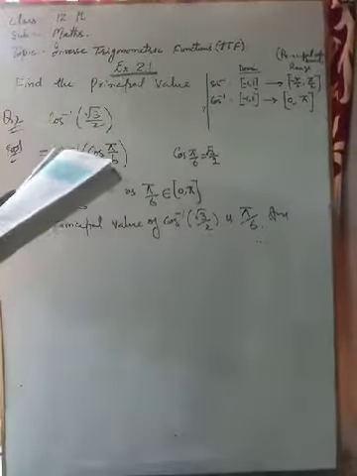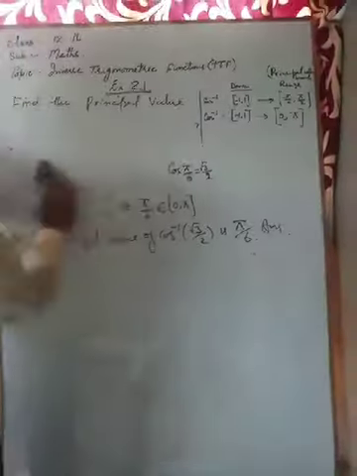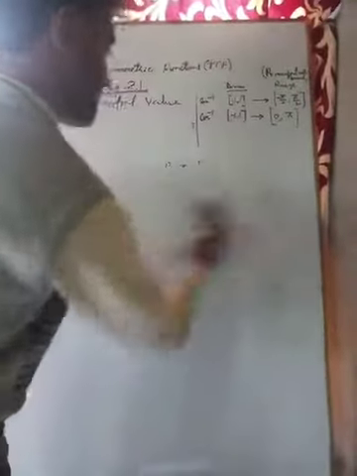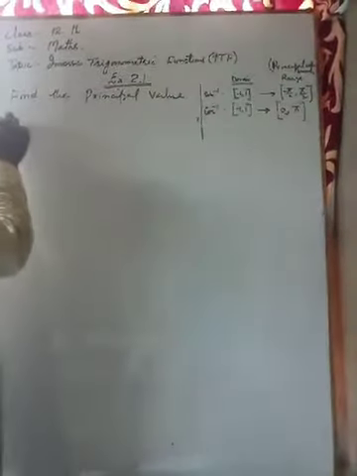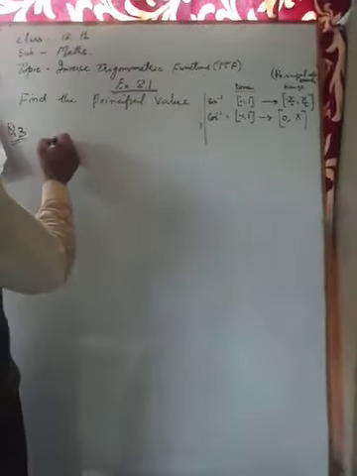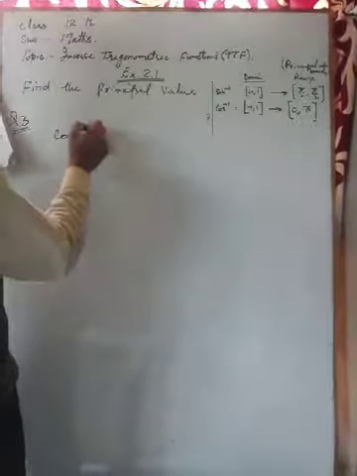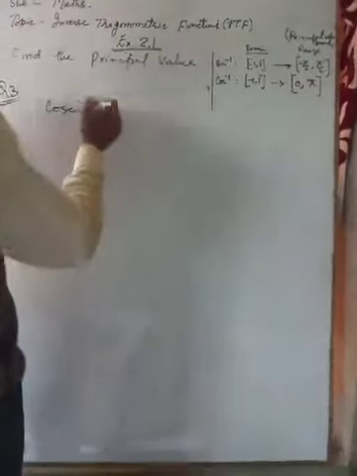Question number 3. इसमें भी क्या करना है, प्रिंसिपल वैल्यू निकालना है इसका। क्वेश्चन नंबर 3 योर टेक्स्ट बुक। क्वेश्चन नंबर 3 फाइंड प्रिंसिपल वैल्यू ऑफ cosec inverse 2।